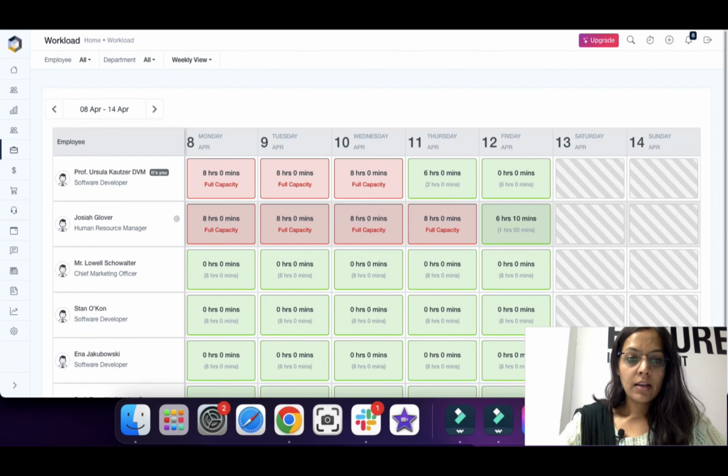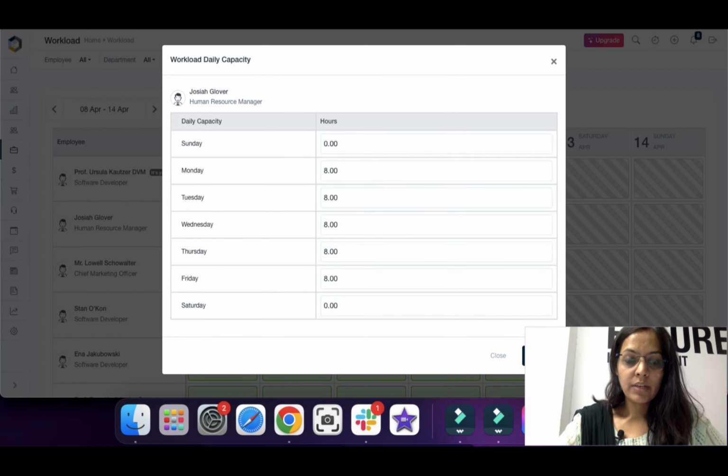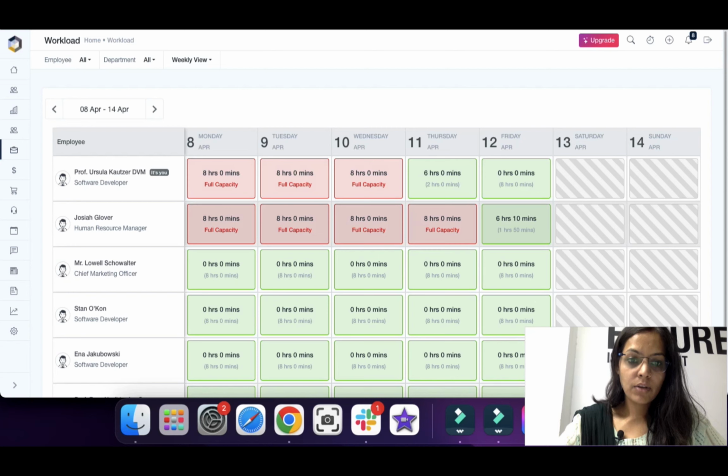See, in settings Monday, Tuesday, Wednesday, my employee will work 8 hours in a day. So it is 38 hours, accordingly 8 hours, 8 hours, 8 hours and 6 hours in a day. So it is full capacity. Also on Friday it is 6 hours 10 minutes, and he is remaining 1 hour and 15 minutes. So you can see the approximate workload,